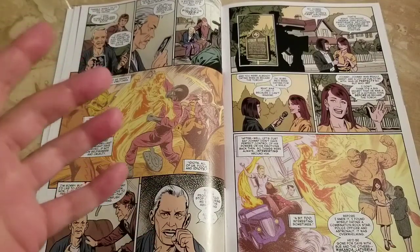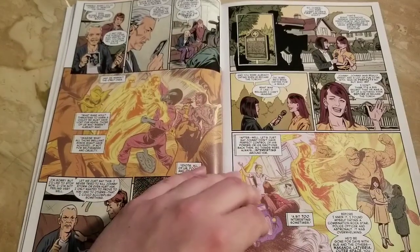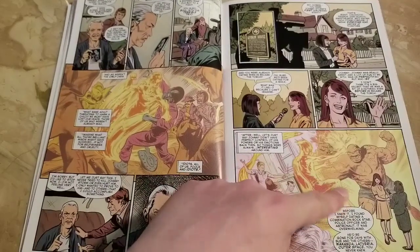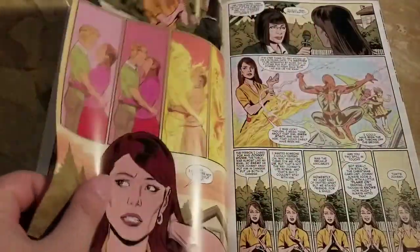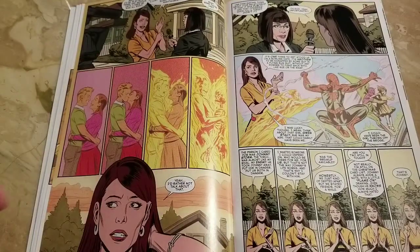Like I said, they're asking questions about Johnny. There's a whole lot of Johnny's. He was a hothead, even before he was the Human Torch. We finally get to see another member of the Fantastic Four. And this is actually kind of interesting here, where the reporter asks her if she was ever